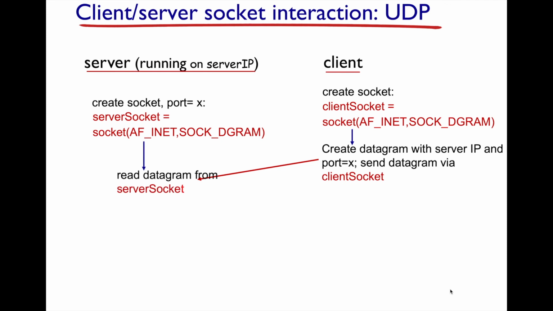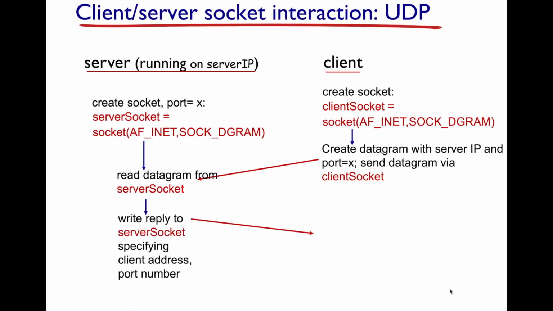And so that message arrives, and the server reads from its socket, and gets the information that was sent across the wire by the client. And so the server then writes its reply after doing some work. It writes it back to the same socket. It goes across the wire. The client reads its side of the socket, and gets that information returned to it by the server. So for each process, when you write to a socket, you're sending data. When you read from a socket, you're receiving data. And it's assumed that because it's a server, the server's already running at the point when the client contacts it, but the client is the one that initiates the communication. Okay, any questions about this?